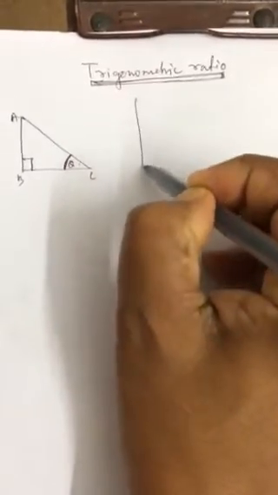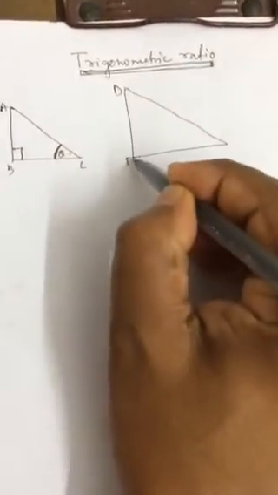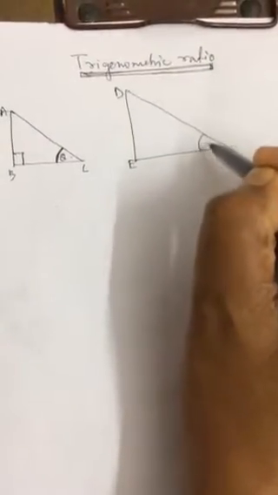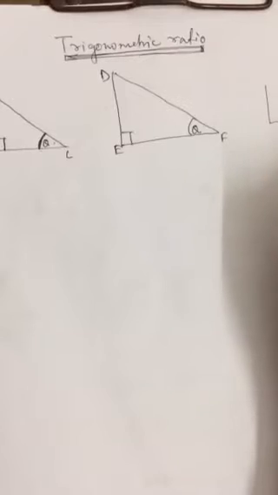Now I will draw another right angle triangle with the same acute angle, but bigger than this. You see, the size is bigger, but the angle is the same, theta, and this angle E is the right angle. Now I will draw one more right angle triangle with the same acute angle, this is also theta. I will name them G, H and I. Even if we draw 3 or 4 or 5 right angle triangles with the same acute angle,